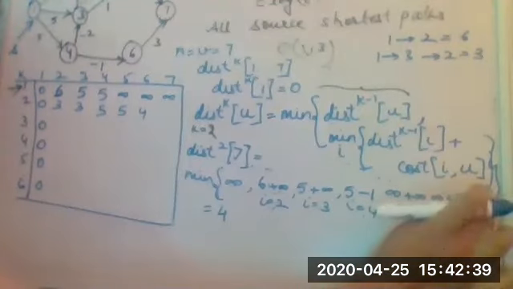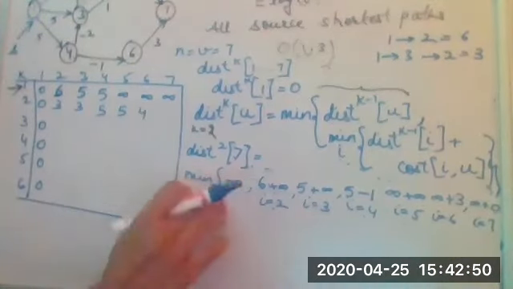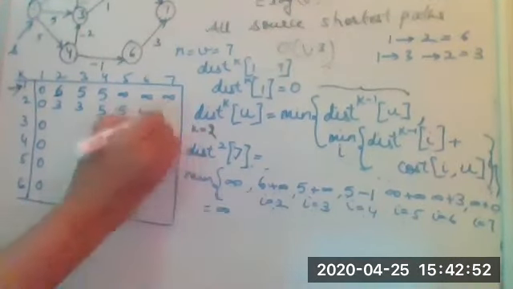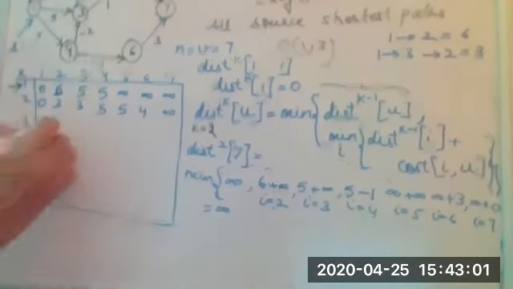Infinity plus 3 is infinite value. Yes, and for the seventh vertex, we will have infinity plus 7 to 7. The path cost is 0. So these all are infinite values. So the last value that we have will be infinite value. Yes, so let's quickly now check what will be the value for this one.